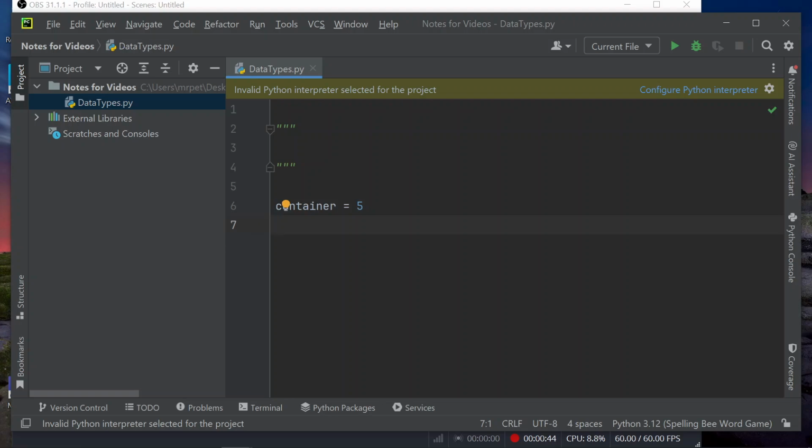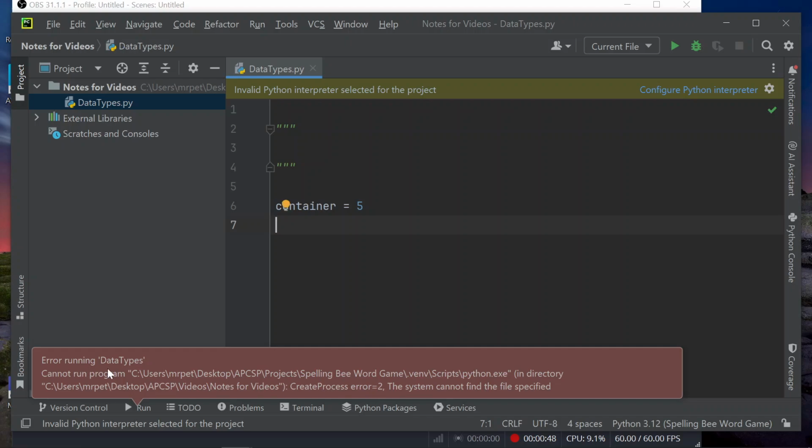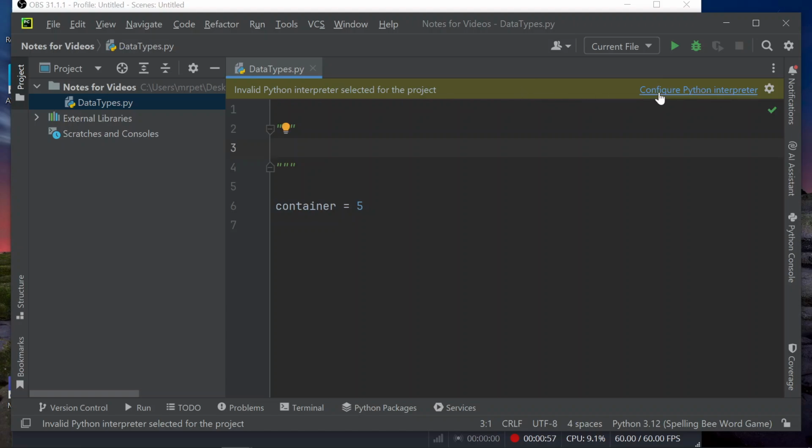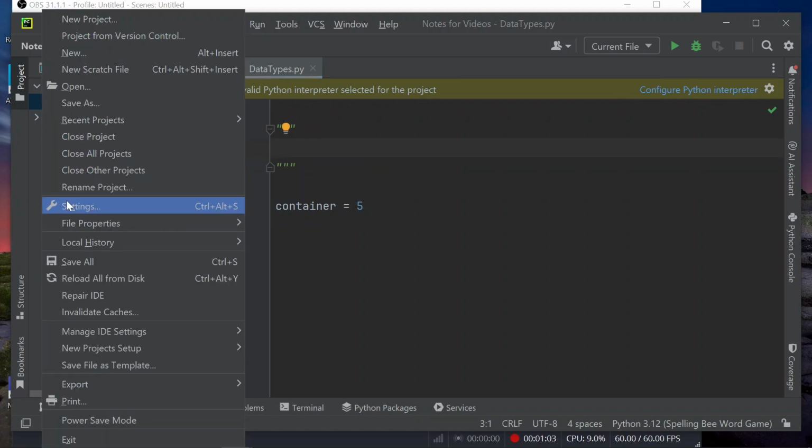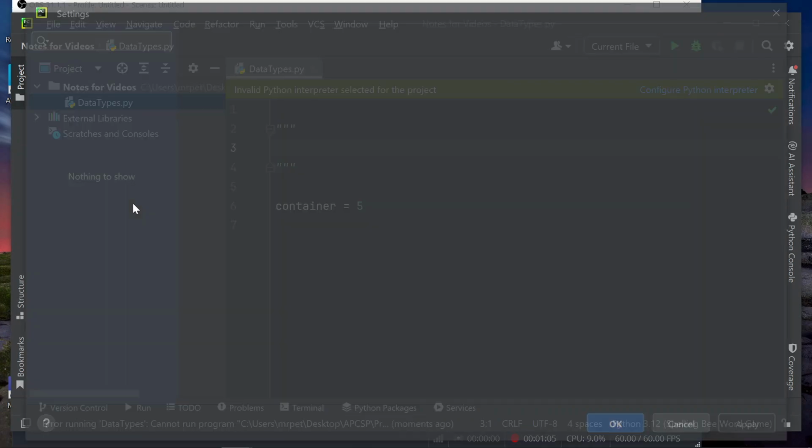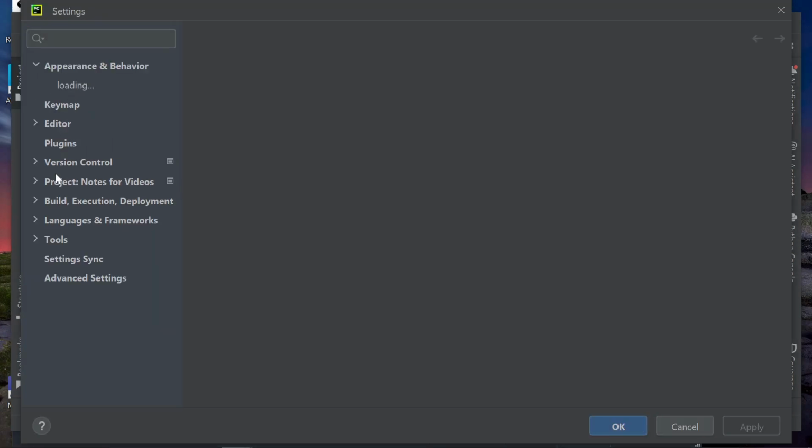Well, we can get errors if we don't have a Python interpreter, or if we try and run this, we'll get this error here where it says we can't find this file we're looking for. We're looking for python.exe, so we have to configure our project to find this. There's two ways to do this. One way, you can click on File, you go to Settings, and then we're going to find